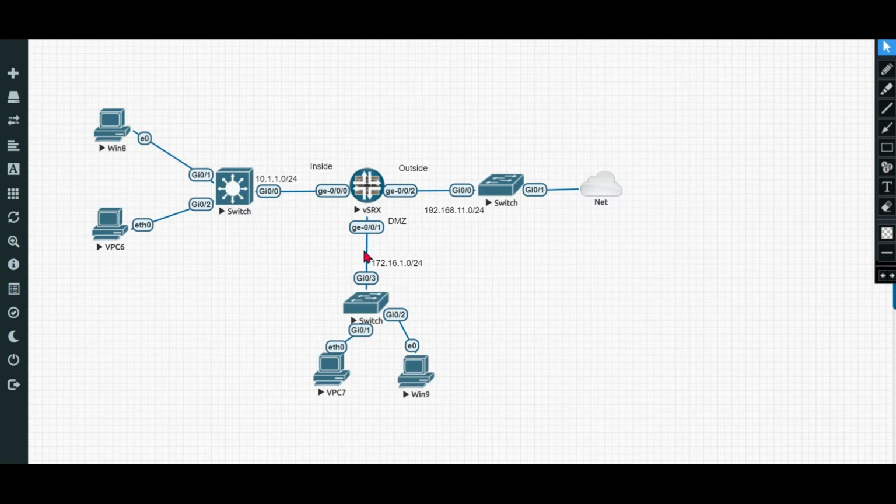So in this session, let me configure the routing between the inside zone as well as the DMZ zone. Yep, so let's jump into it, let me take the pen. Here I'm going to configure